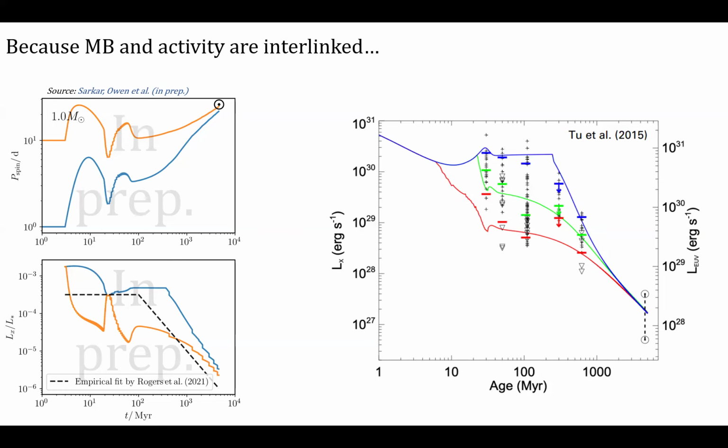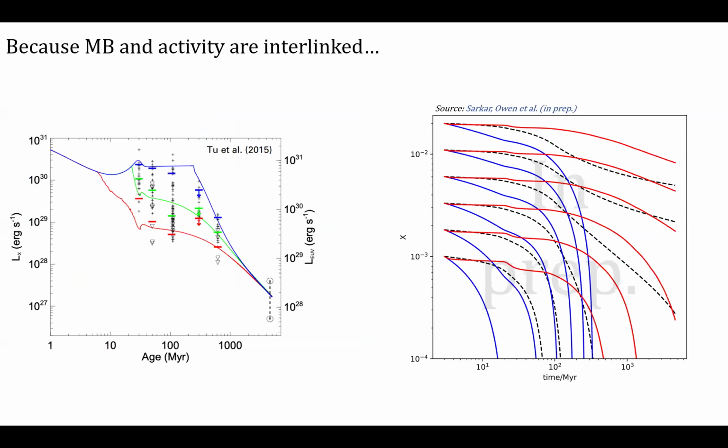And we were not the first to do it. This has been done before as well. Tu et al. did this with their model. The red line is the slow rotator, the blue line is the fast rotator. And if we use